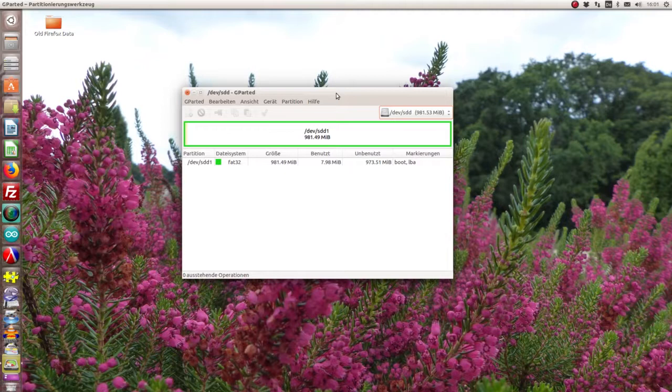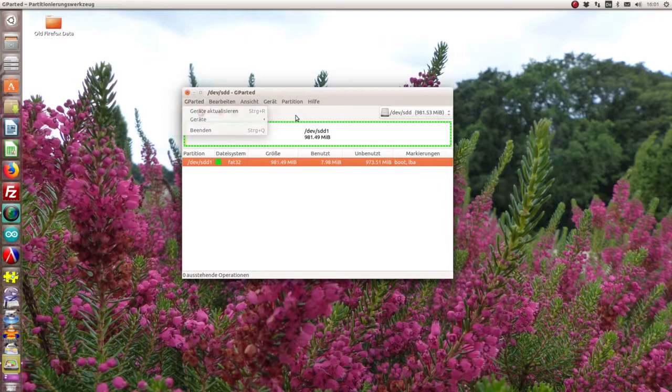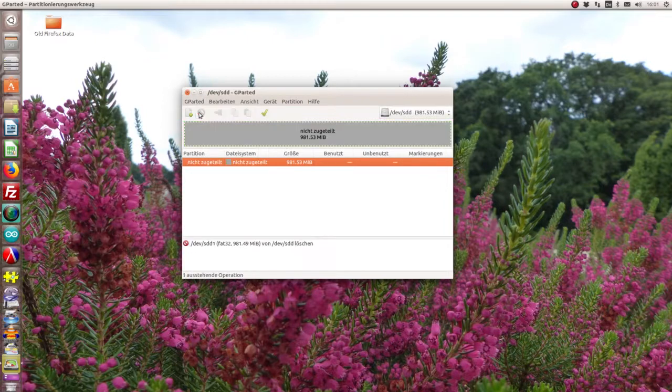Okay, now the USB drive is unmounted, so we are free to do our changes. At first we want to delete the FAT32 partition. We can do this by using the menu, or we can do this by using this button here. So now the partition is prepared for deleting,